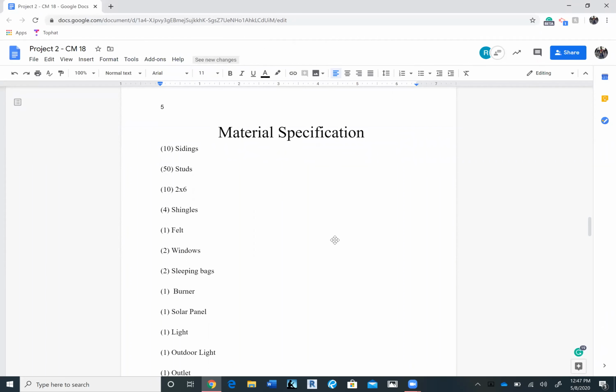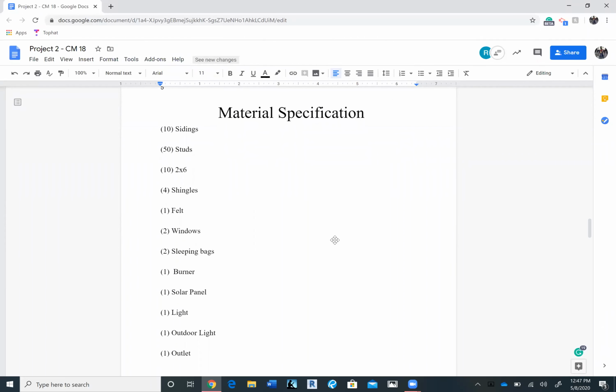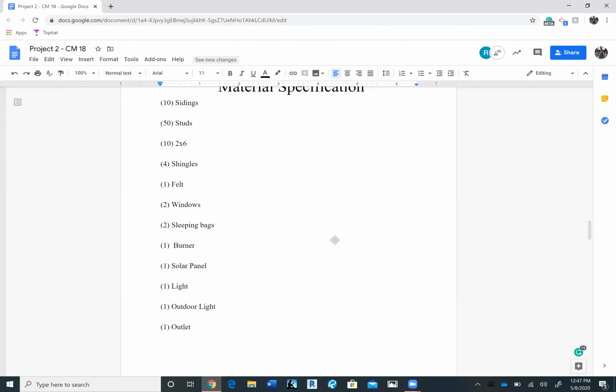The materials that we'll be using are sidings, studs, 2x6s, shingles, felt, windows, 2 sleeping bags, burner, solar panel, light, outdoor light, outlet,